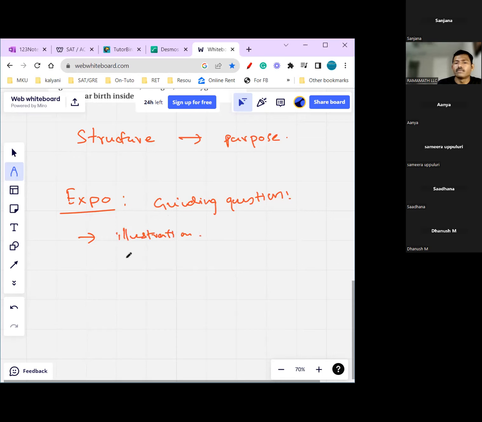And also there might be some discussions and maybe functional elements or rearranged. All these things will be in the expository passages. But if a passage is like a narrative,